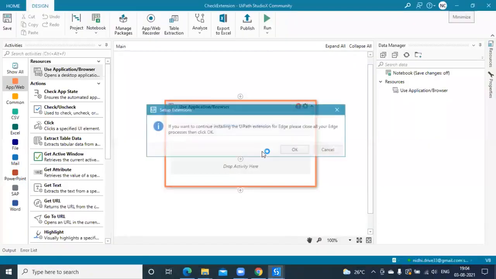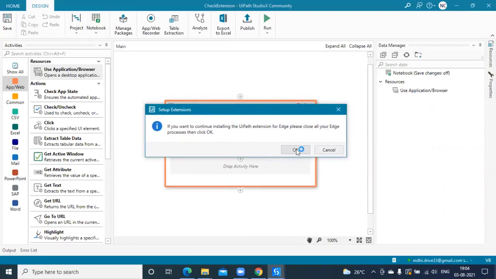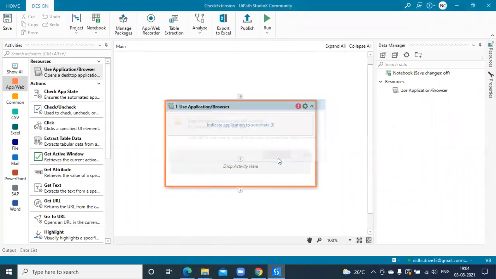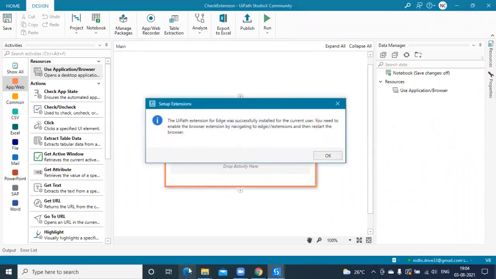Click on the install button and it'll start the installation. It will ask you to close all the Edge applications and press OK, and then it will force stop. So again press OK. All the web pages have been closed and the setup has been successfully installed. So now you have the extension for the Edge browser on your system as well.